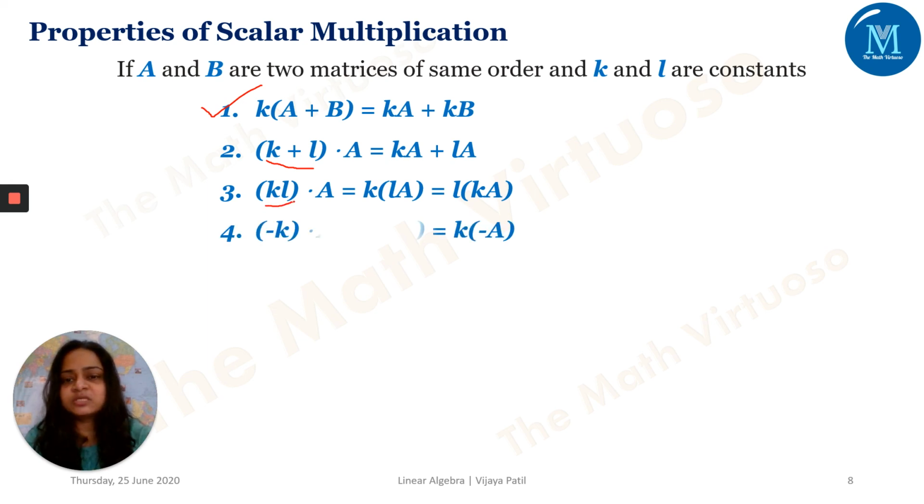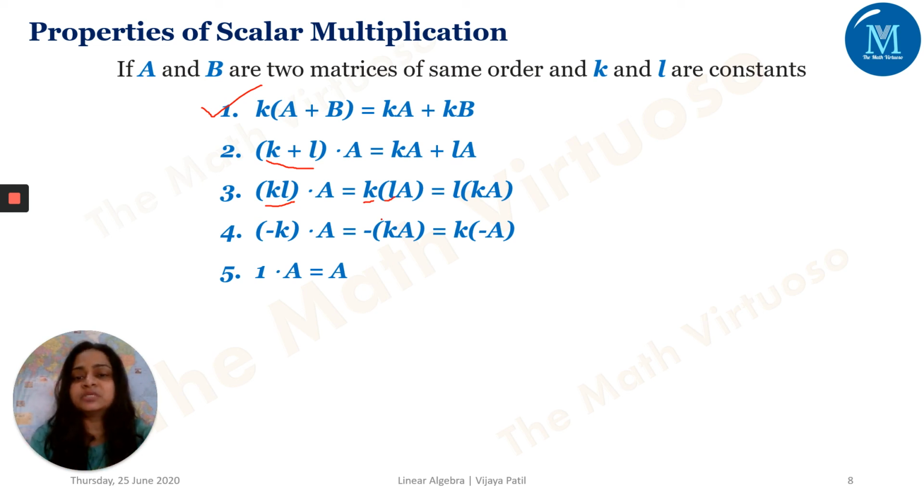Similarly, the proofs are not given here; my target is to give you the list of all the properties as well as the notes. So these are the properties. k into l into A is equal to k into (lA), which is the same as l into (kA). It's just a change of position. Yes, k and l can change their position because they are scalar numbers, not matrices. Otherwise, in matrices, it's not possible to shift the position of A without any reason. But here, k and l can just change position. Similarly, minus k into A is equal to minus of kA, which is equal to k into minus of A.